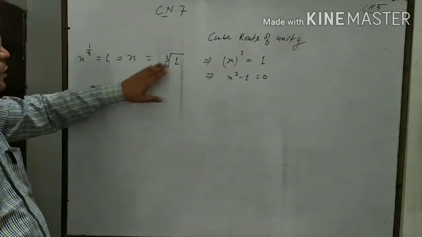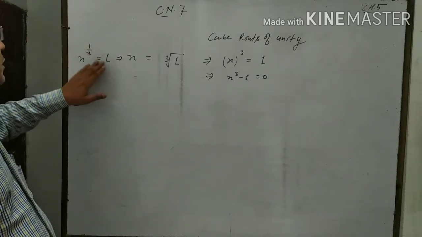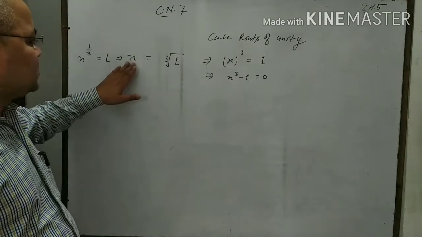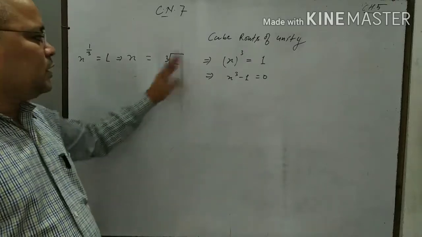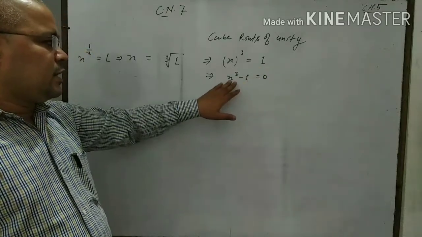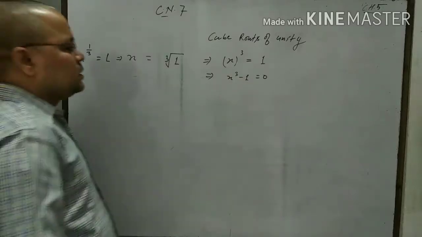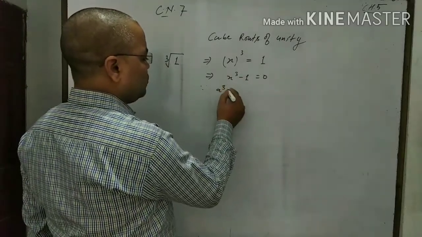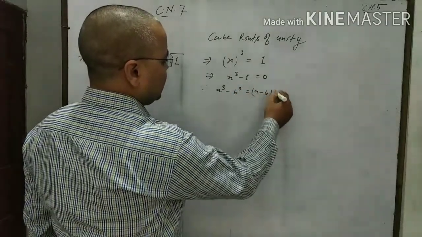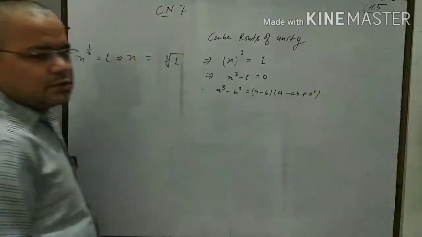Let the cube root of unity be x. We can write x raised to power 1 by 3 is equal to 1. You should also take the help of your book. Then x is equal to cube root of 1. Cubing on both sides, x raised to the power 3 is equal to 1, and it means x cube transferred to this side, x cube minus 1 is equal to 0. Since we know that a cube minus b cube is equal to (a minus b) times (a square plus ab plus b square), we know this. Therefore